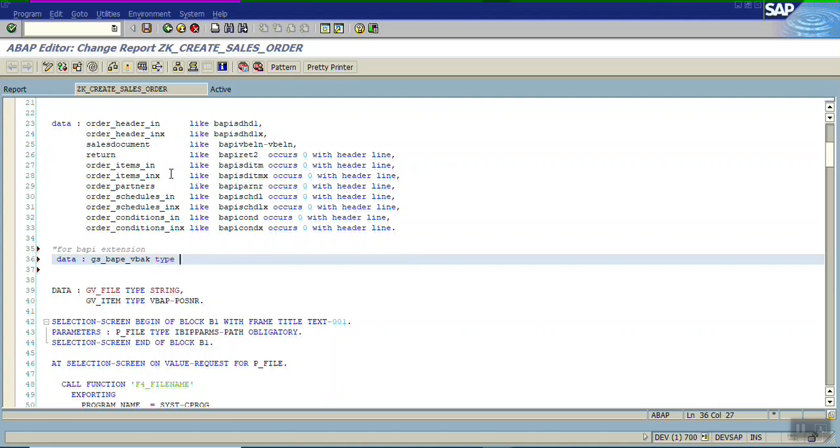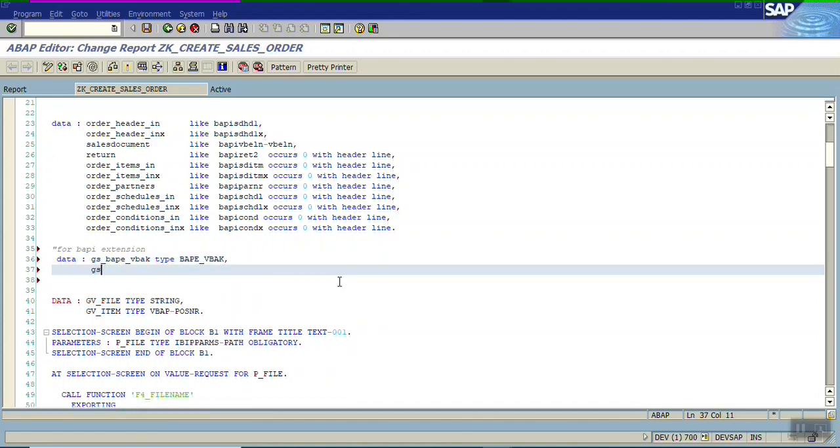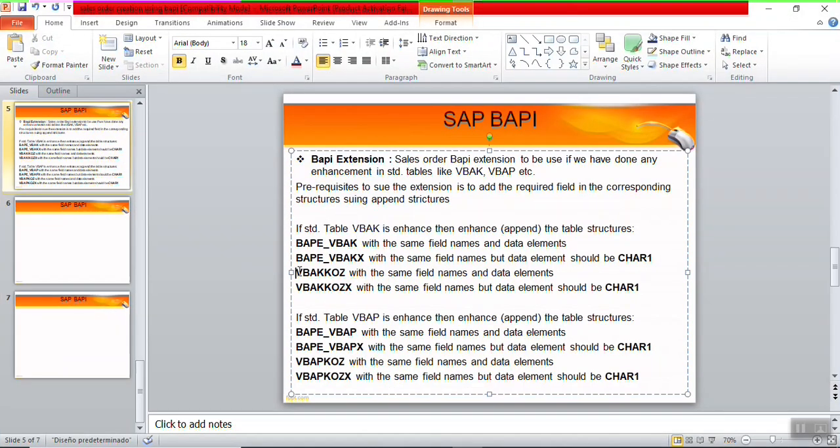This will be of type bape_vbak. And then vbakx, the type will be bape_vbakx. We don't have to use the second structure at the coding level.